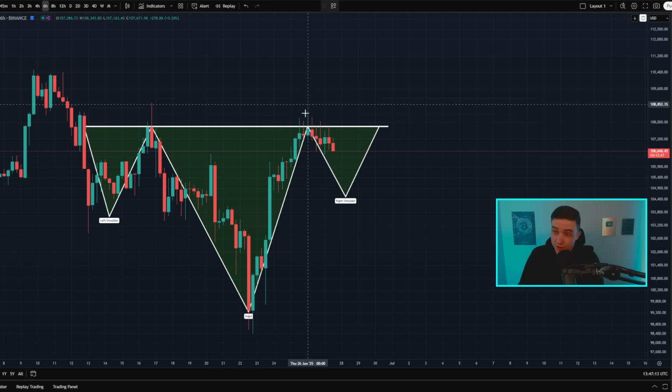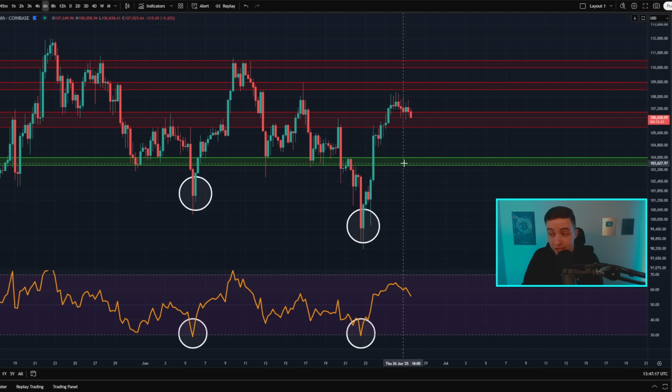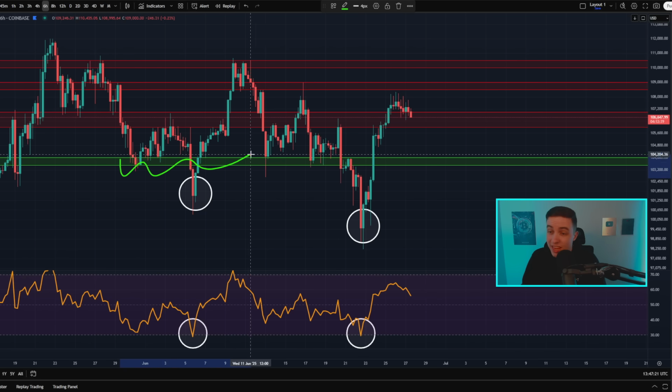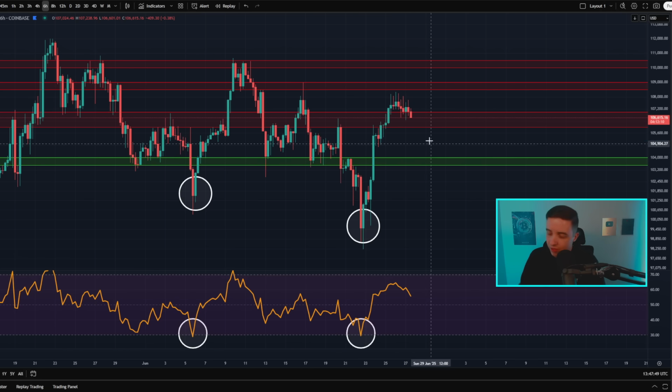And this is the case for as long as we see a little bit more of a pullback here in the short term, but for as long as Bitcoin at least holds above around 103 to 104,000. If we start breaking below that area on the price chart, then that would be bad news for Bitcoin. But for as long as Bitcoin is holding above, especially 104,000, and especially if we bounce from somewhere around there